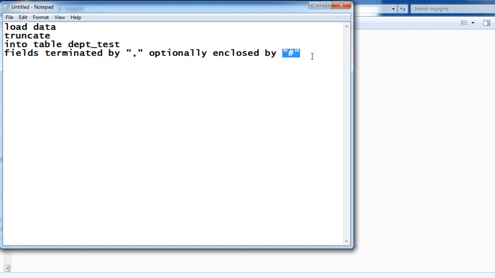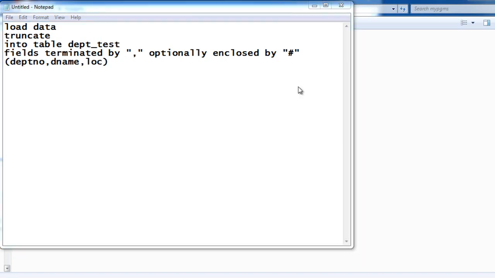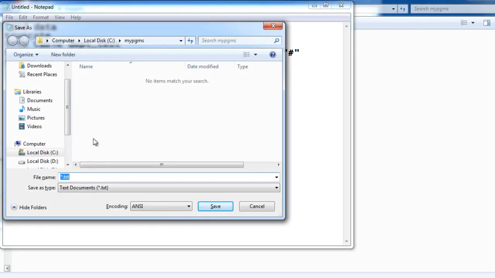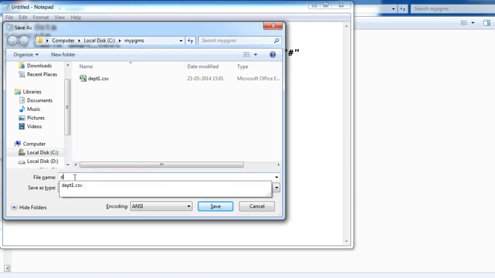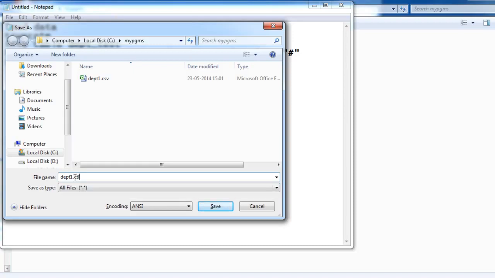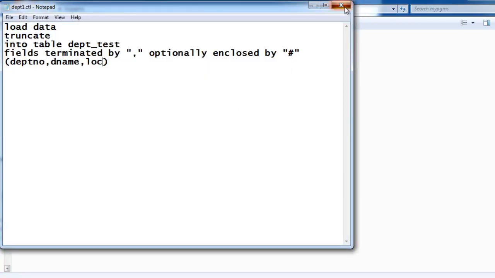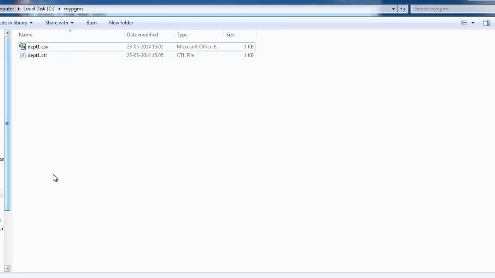After this, just give the table's columns. It had a department number, then department name, and finally a location column, right? So this is how you need to prepare the control file. Then here again say all files, then give the name as department1 itself and say ctl. So our control file is also ready.